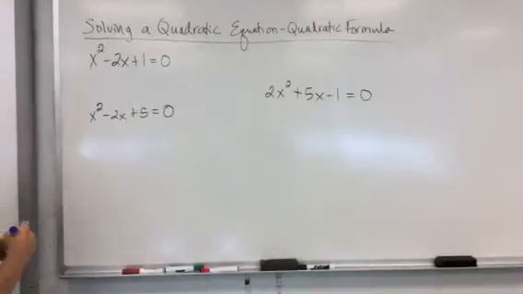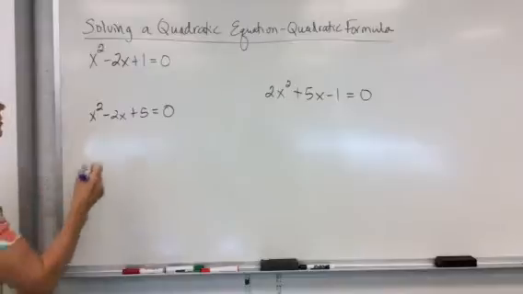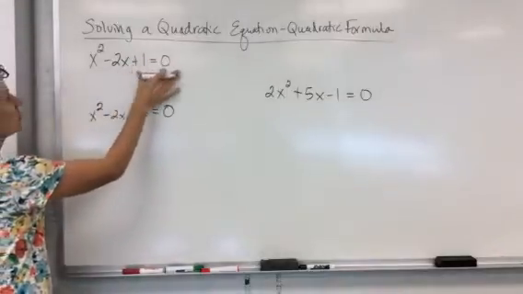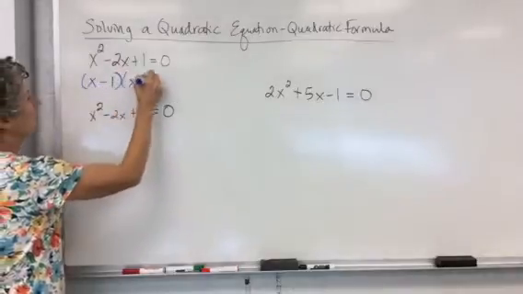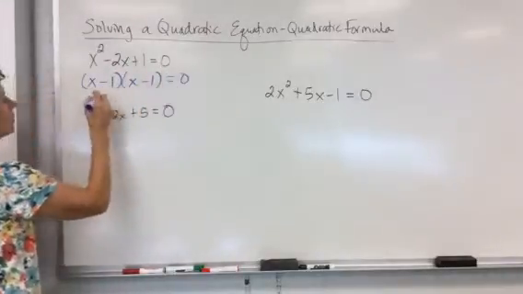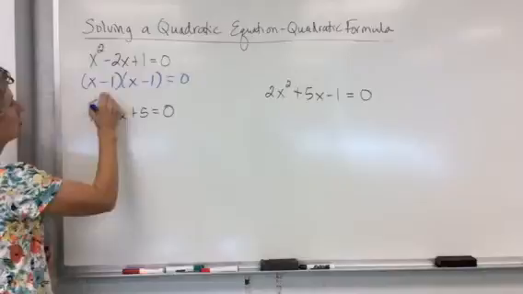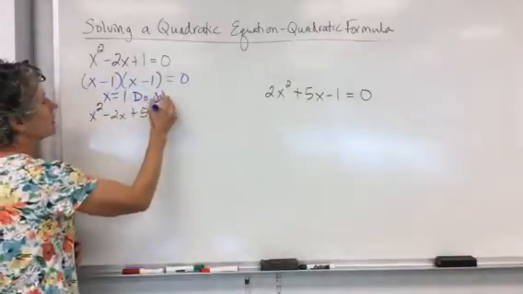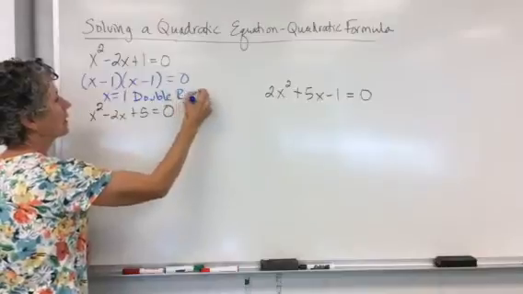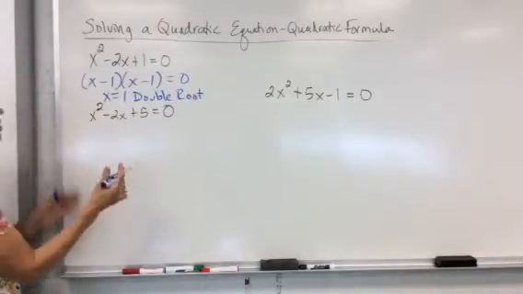Okay, solving a quadratic equation. So we already did solving a quadratic equation. You want to factor it. First, make sure that it's equal to 0, and then we'd have x minus 1 equals 0. So that means x minus 1 equals 0, so x would be 1 and 1 again, and that's a double root. But sometimes you come to a problem that can't be factored, and so we use what's called the quadratic